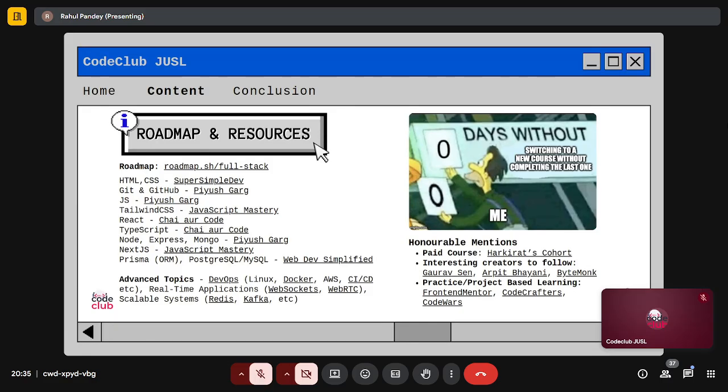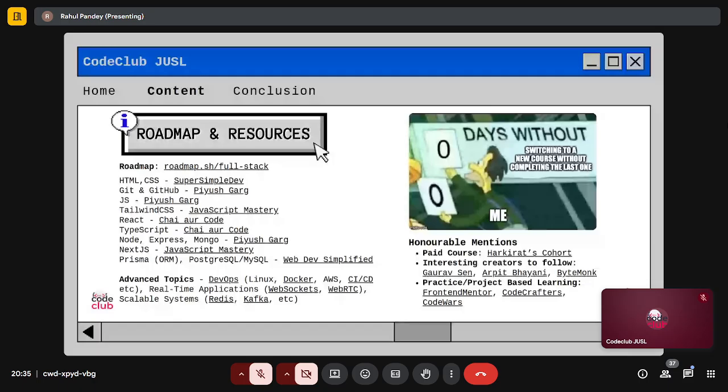And resources, yeah, I'll be talking about that in a minute. What is Kotlin? Kotlin is a language that is used for Android development. We won't be talking about that today because we'll be focusing on web dev. But if you'd like, we could plan future sessions on Android dev as well. And yeah, I think that's it.